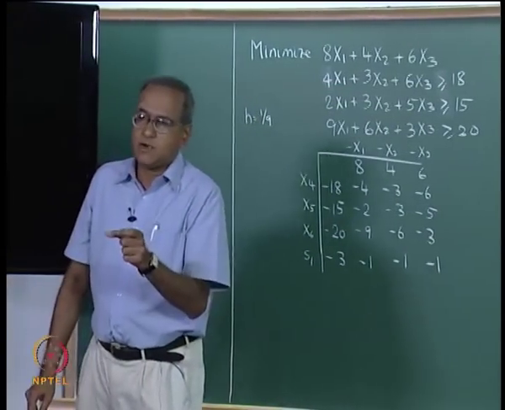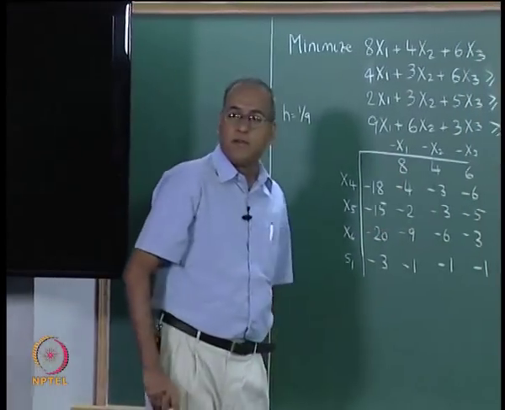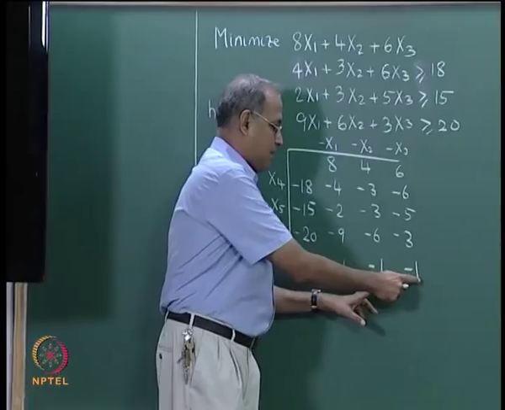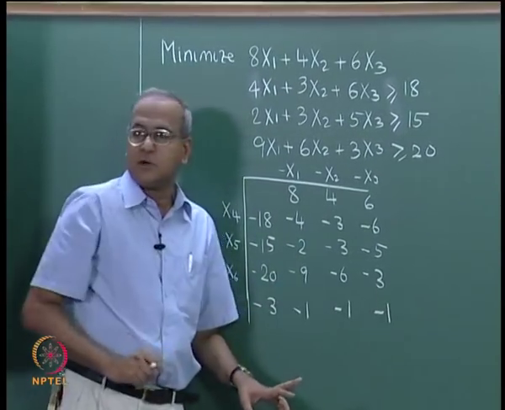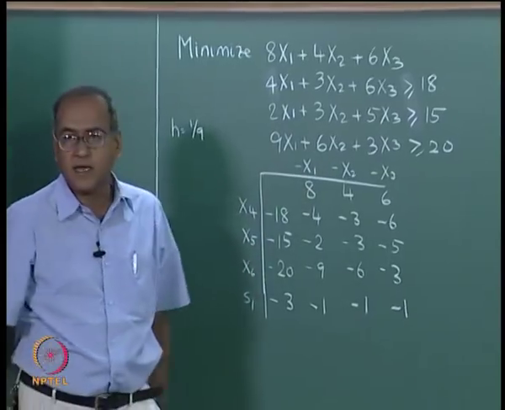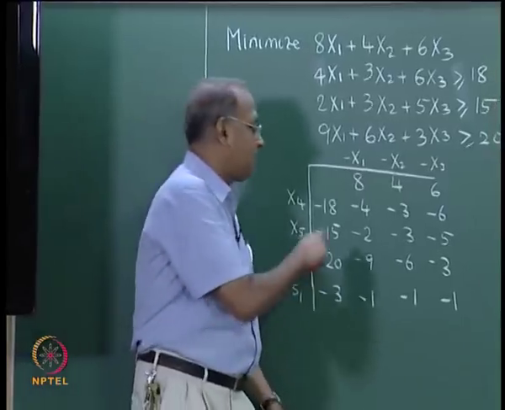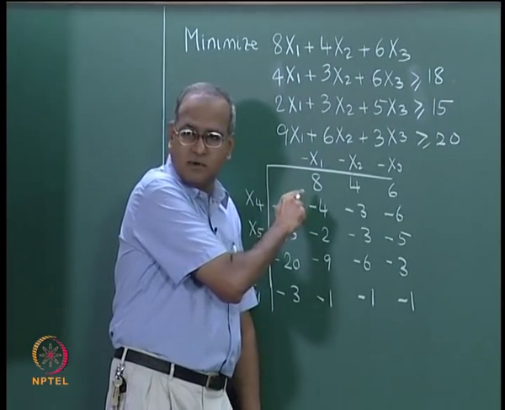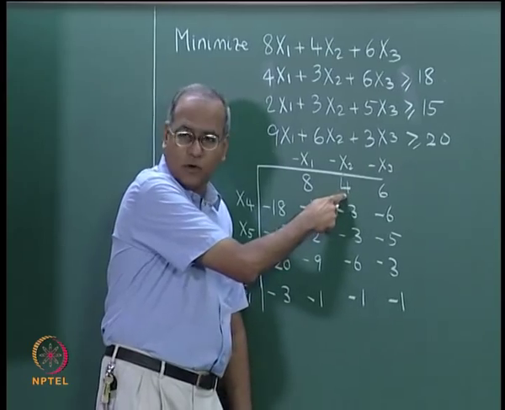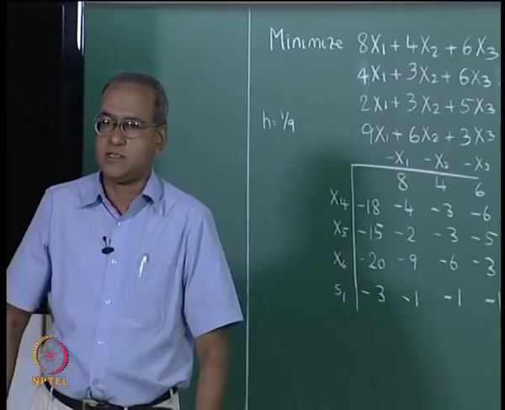Now, let us also try to understand which one out of these we can pivot. Actually, we have minus 1 here, minus 1 as well as minus 1. So, we could pivot on any one of these. In some sense any one of them can be an entering column. Let us first see what happens if we pivot on this, and then understand why we should not do that and why we should pivot only on this 4. So, first let us check what happens when we pivot on this 8.